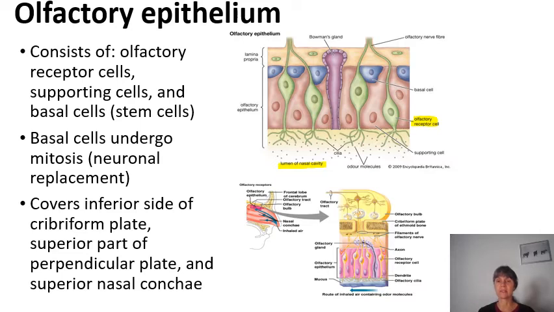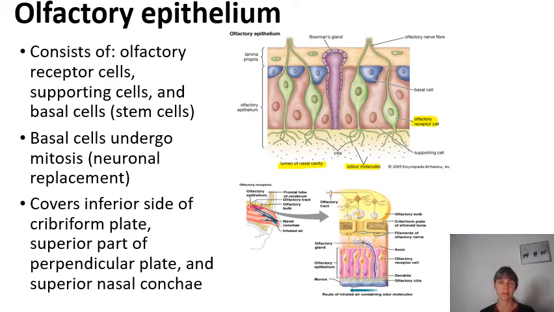There are molecules that will carry the sense of odor to the extensions of the dendrites, which are technically called cilia on these particular cells. The basal cells are simply the stem cells that will undergo mitosis, replacing the neurons, the olfactory receptor cells,